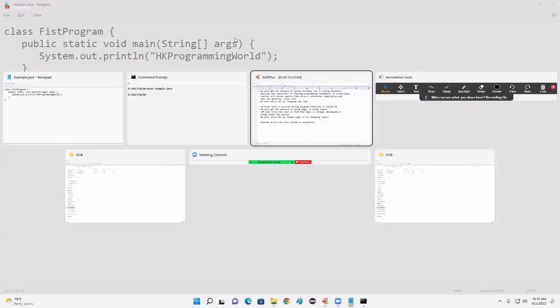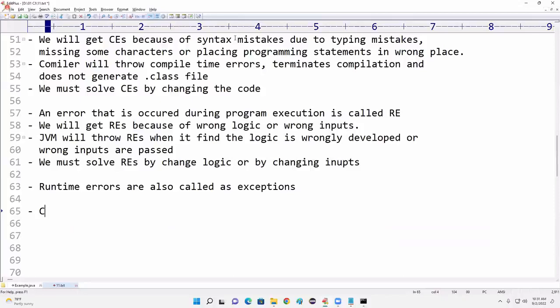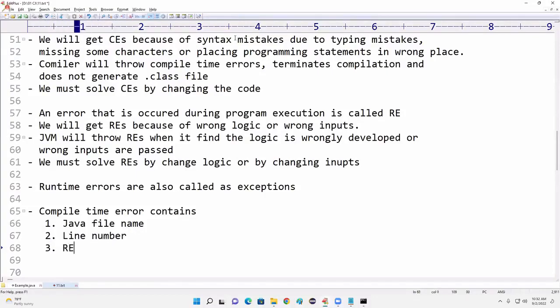First of all, tell me, what is the compile time error format? What does it contain? Compile time error contains what information? Number 1, Java file name. Number 2, line number. Number 3, reason for the error. And number 4, a mark, a pointer